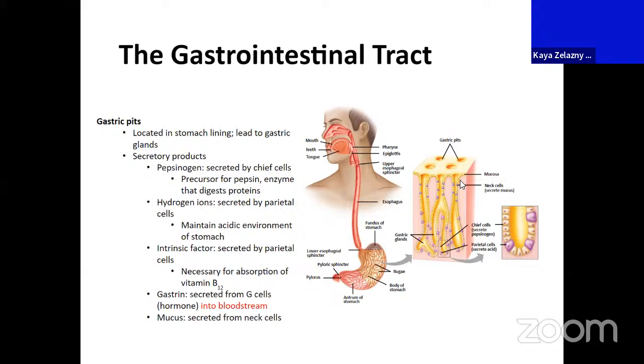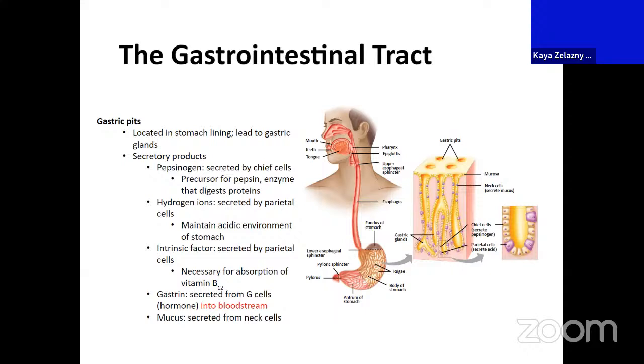Okay, so in these neck cells, we're also going to be secreting mucus, right? And as we get down into the depths here of our gastric pits, that's where we see the secretory products, right? So our chief cells with their pepsinogen. Here we have written out what that does. So that -inogen ending, right, should indicate to you, like when we were thinking about